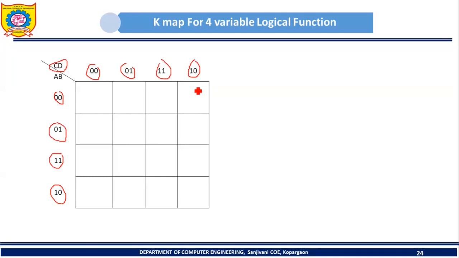Okay, then again we know that each cell present in the K-map corresponds to one input combination, or each cell present in the K-map corresponds to one particular minterm. So which minterm will correspond to this particular cell? Yes, it will be minterm 0, because the input combination corresponding to this cell is 0 0 0 0. So A, B, C, D, the values of all four variables are 0 for this cell. If I convert it into decimal, I will get 0.